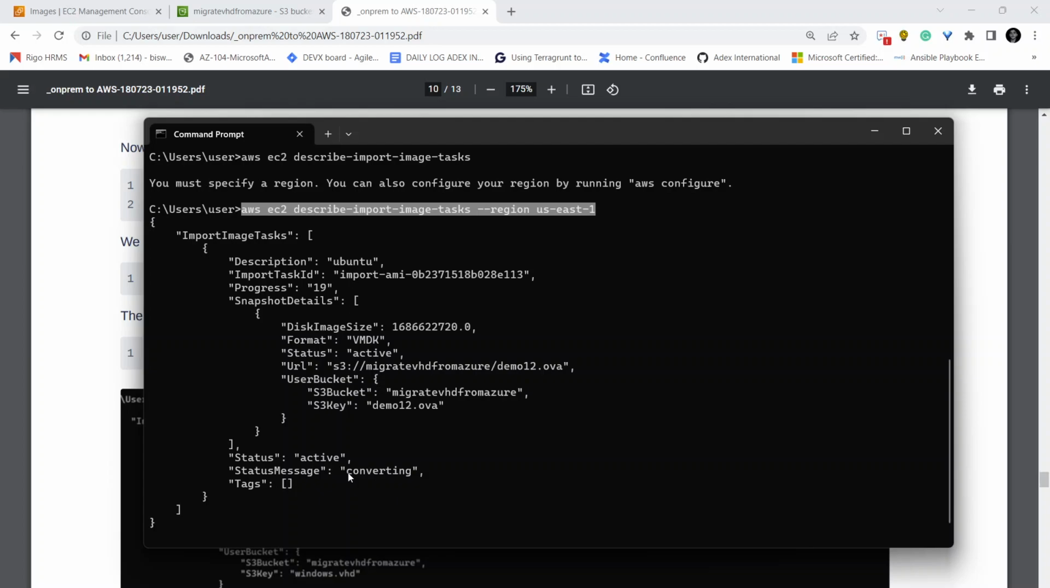Again I will be using this command. Okay, the status message is completed, so I can see this image in my console. Just refresh it and paste it here. So this is the image that